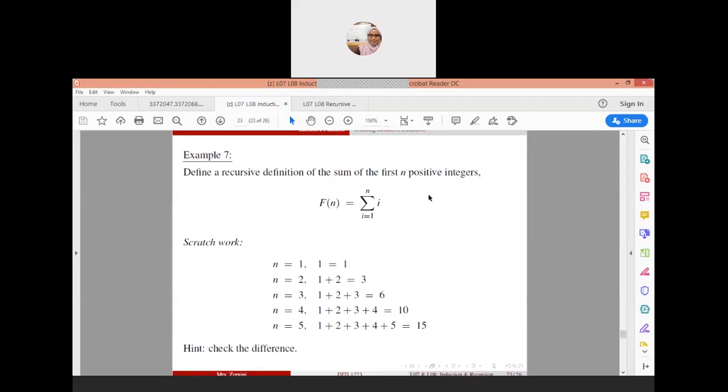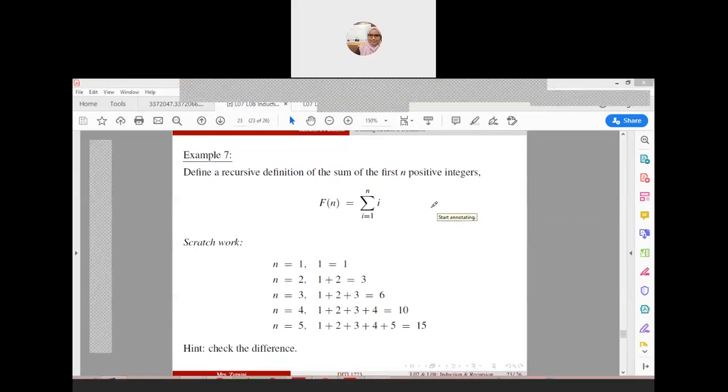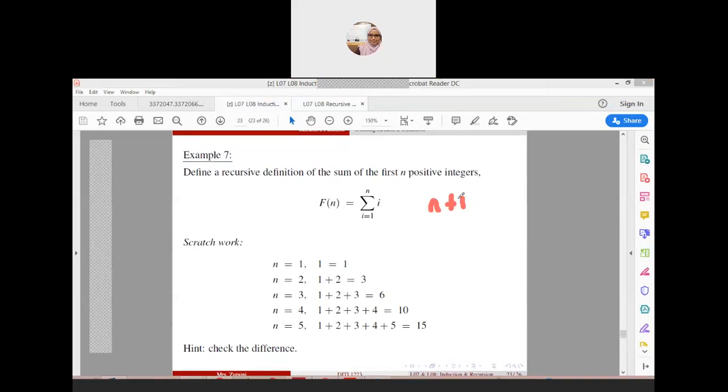Iaitu, bila n campur 1, yang tadi kan, kita akan dapat 1 tambah 1 ialah 2. Lepas tu bila n sama juga dengan 2, 2 tambah 1 ialah 3. Bila n sama juga dengan 4, 4 tambah 1 ialah 5. Okey, apa yang saya cakap ni ialah ini tadi. Yang ni kan, kita dapat dia punya recursive function ialah